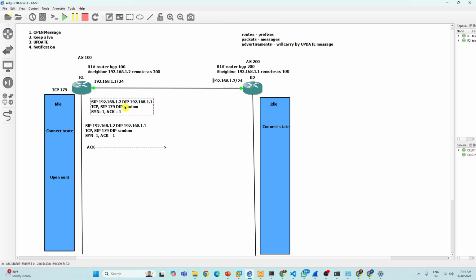So this is SYN only, from 1.1. This is the first packet. Then SYN-ACK, then ACK. This process is called the three-way handshake process.